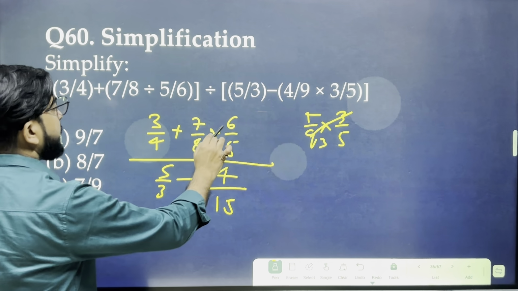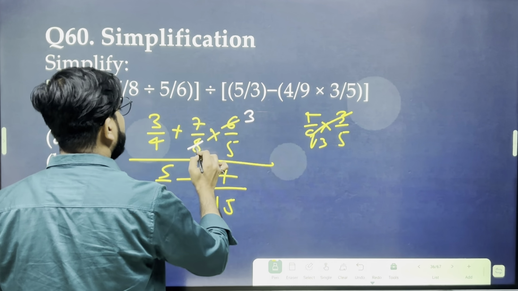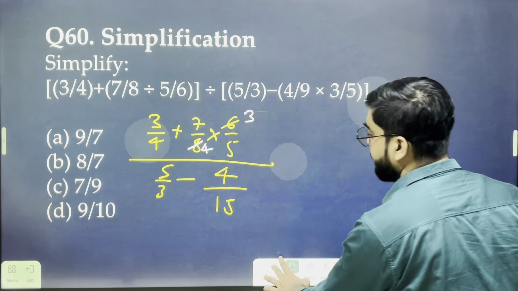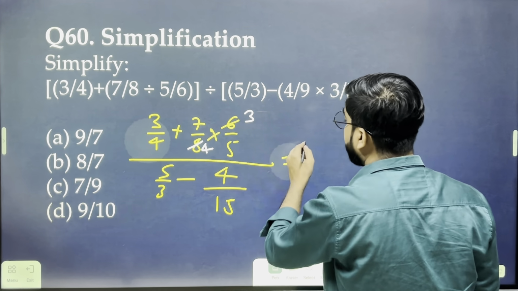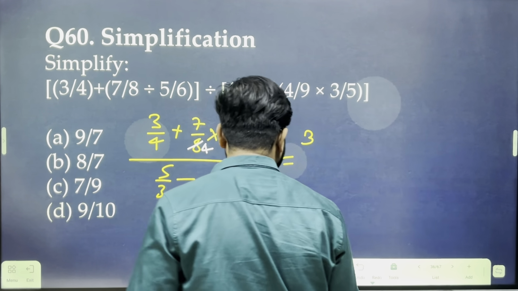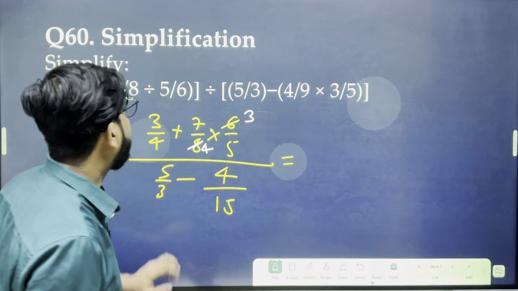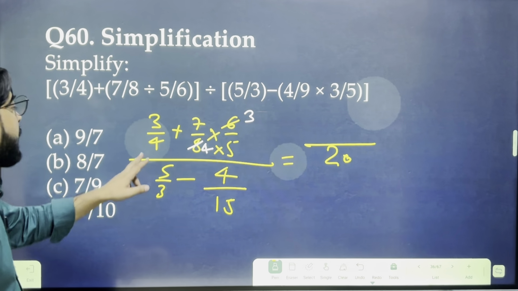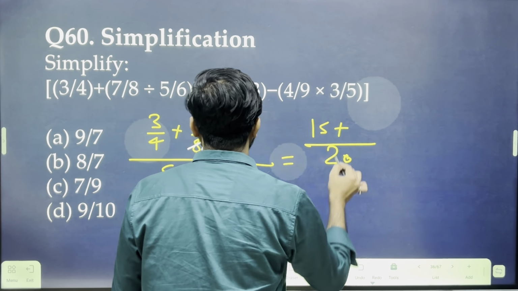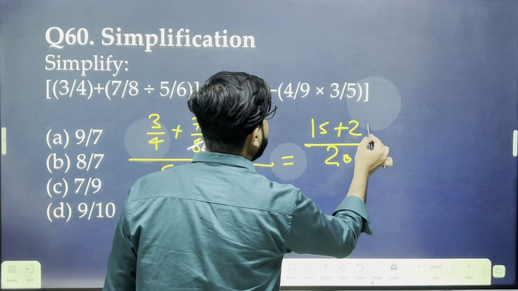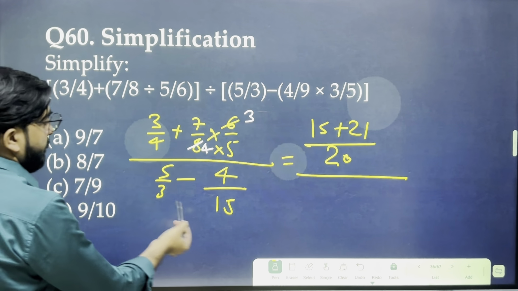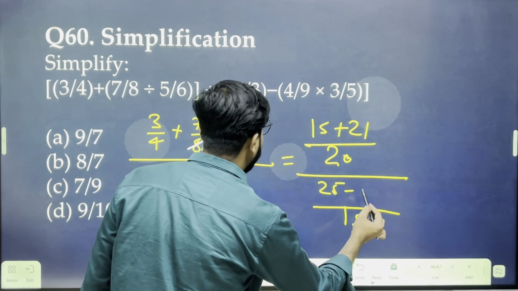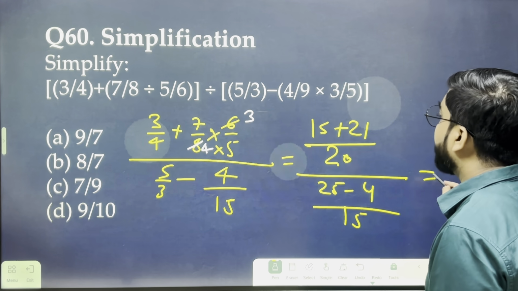Now we have to solve this as well. 2 3 are 6, 2 4 are 8. Now, see here. If we solve this further, that gives 3 by 4. Or else, let's take LCM here. 4 and 5. 4 into 5, 20. So the LCM is 20 here. Now 5 times 3, 5 are 15, plus 3 into 7, 21, divide by this. 15 is the LCM here. 5 into 5, 25, minus 4. That becomes